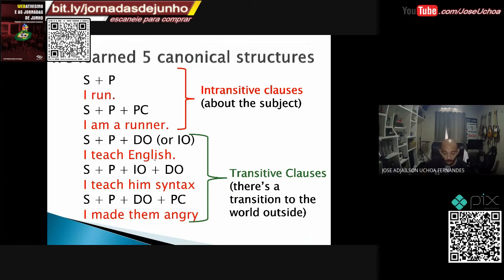There is an immediate relationship, and there's no preposition between I and English. I act over English directly by teaching it, okay? So I teach English is a kind of structure that's subject, predicator, and direct object. We also have another kind of pattern that is subject, predicate, and indirect object, okay? This subject, predicate, indirect object structure